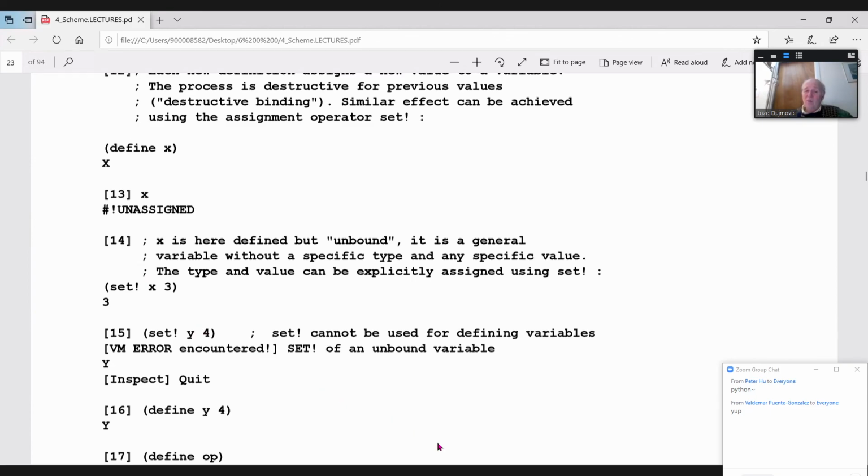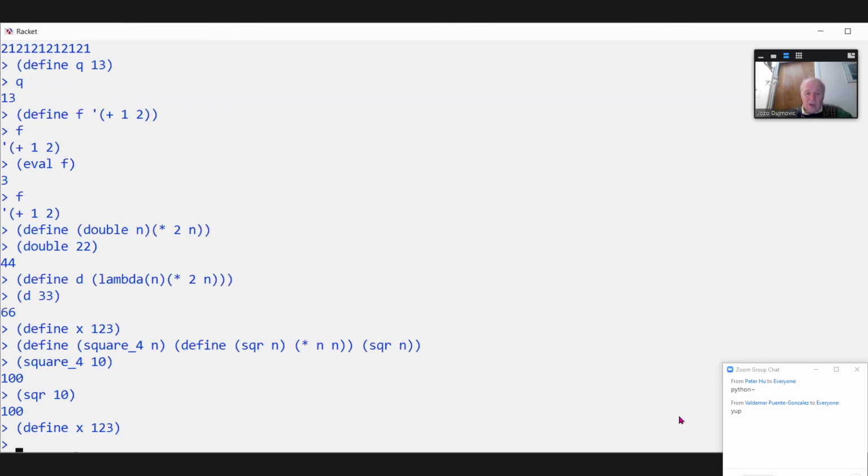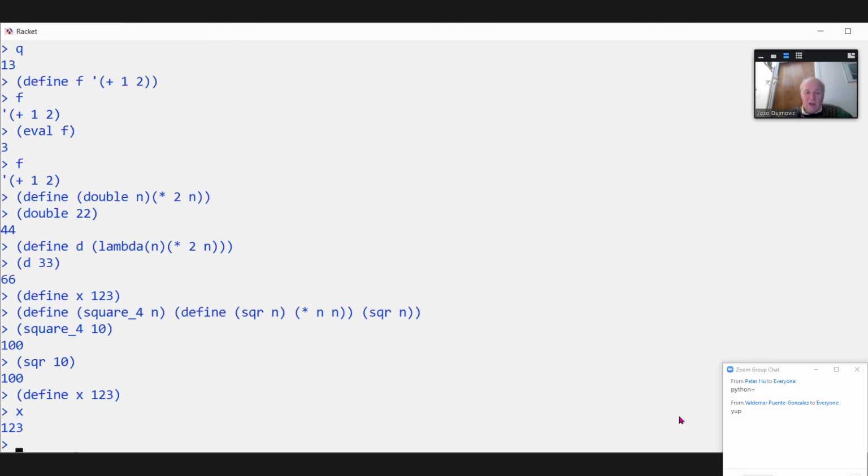So let us play a little bit with that to show you that this doesn't work in Racket. So in Racket, I can define x to be (1 2 3), for example. And here we have x, which is (1 2 3). So that's perfectly okay. Now, if I go and say I'm going to redefine this value, so say set,